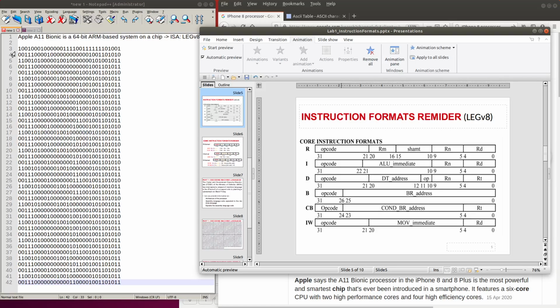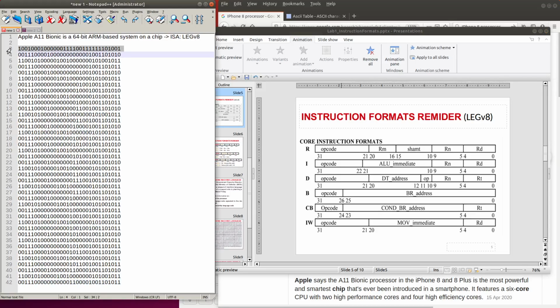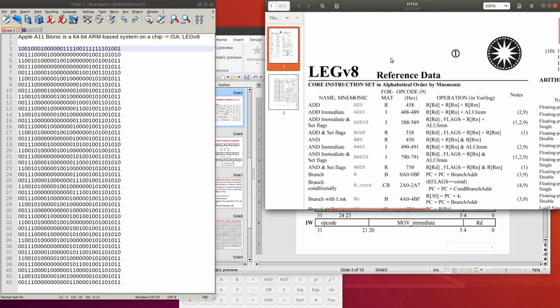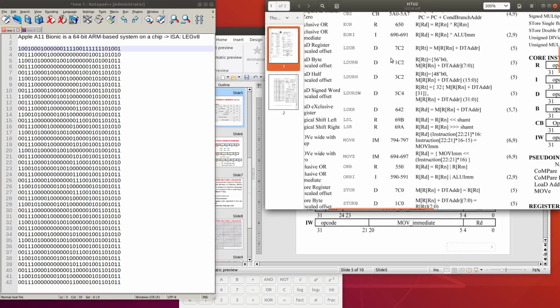Next, we will need to answer the question: what are the representations for each of these 32-bit sequences in LEGv8 assembly language? In order to do so, we will look into our LEGv8 reference data.